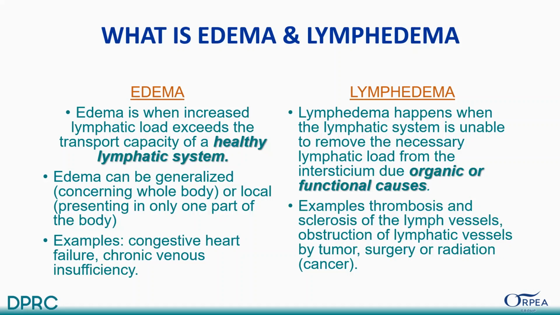For example, congestive heart failure or chronic venous insufficiency. And lymphedema happens when the lymphatic system is unable to remove the necessary lymphatic load from the interstitium due to an organic or functional cause. For example, thrombosis and sclerosis of the lymph vessels, obstruction of the lymphatic vessels by tumor,